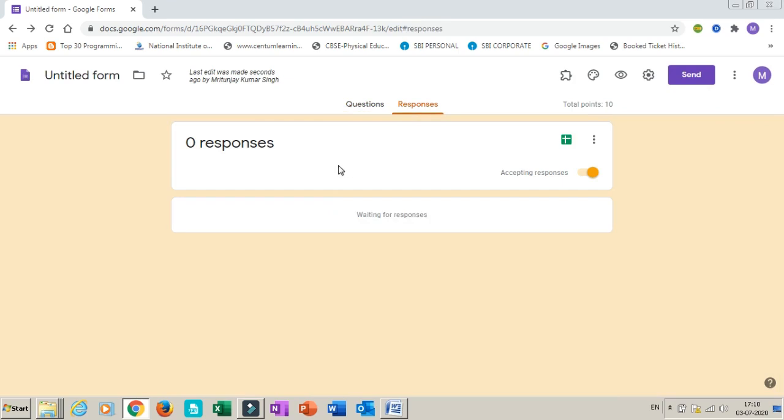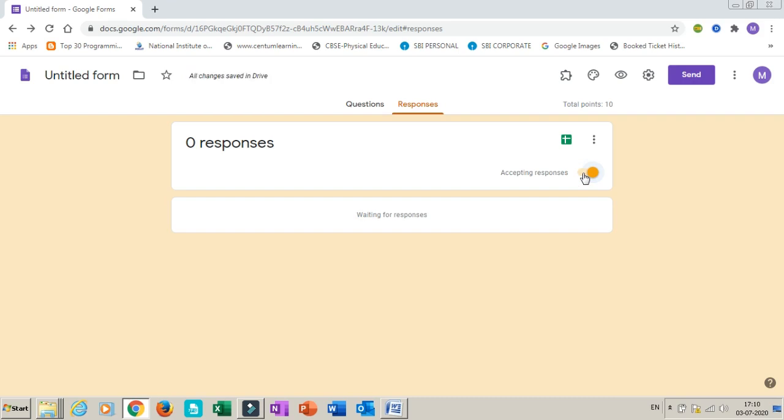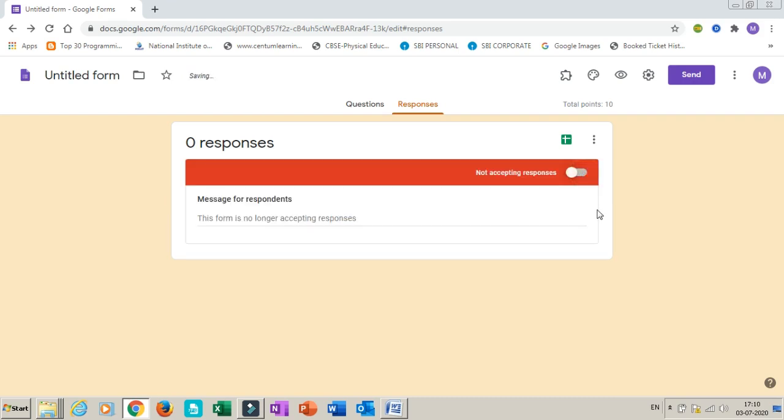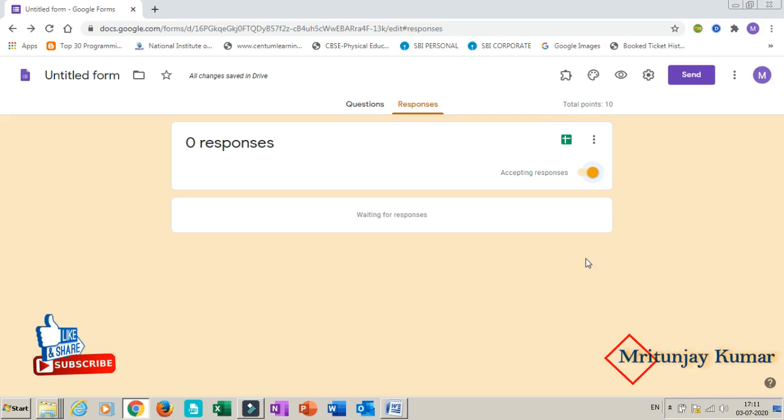You can see the response also here. So now it is open. If the test is going to start at 8 o'clock, then at 8 o'clock you just enable it like this. You remember one thing: while sharing the link to the students, just disable this response, and at sharp 8 o'clock, just enable it. The students will start participating in the quiz or in the test, and at 8:30 automatically this form limiter will close this form. This way we can limit the form.